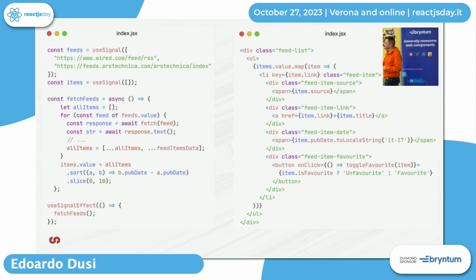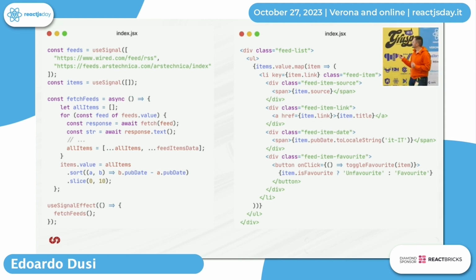But see that here we are calling useSignalEffect without dependencies. Why? Because I don't need to worry about re-renders of this component, because I'm not using hooks here. So the component state will never change. I'm using signals here. So think of signals almost like a different framework. I'm setting values inside these signals, but the component state doesn't change. I'm just changing the signals. So if I add new items into my signals, the component state will not change, and so it will not get re-rendered.